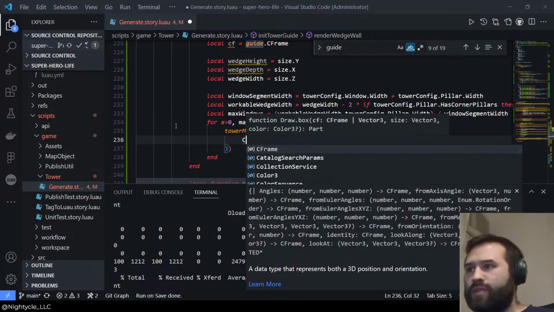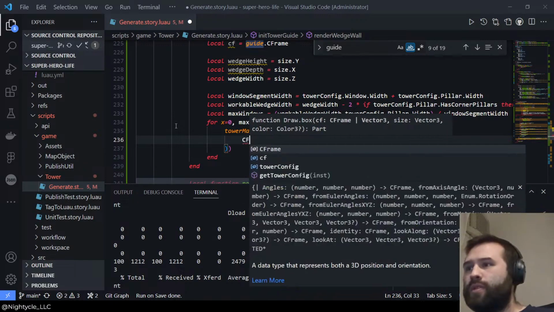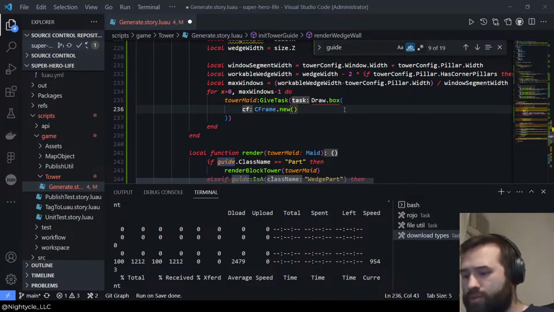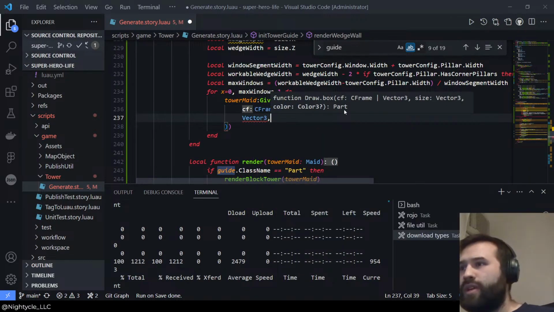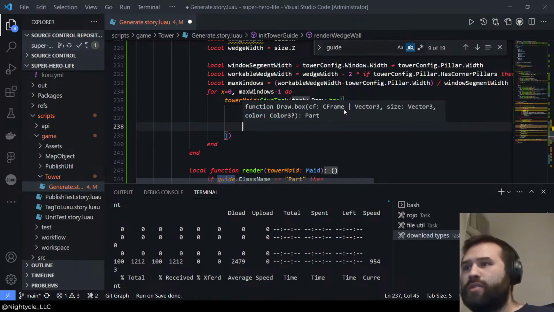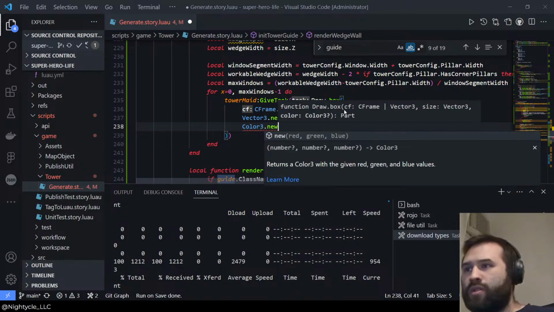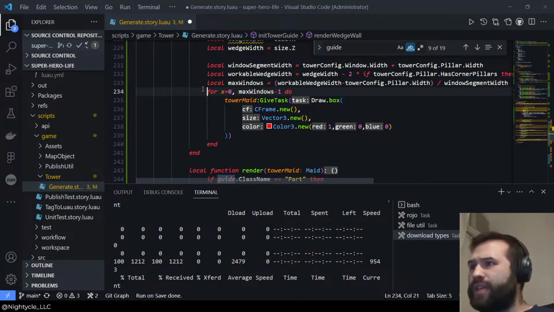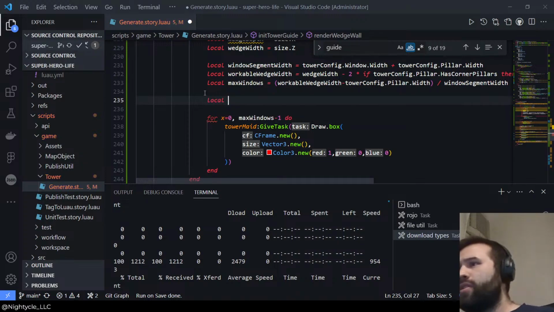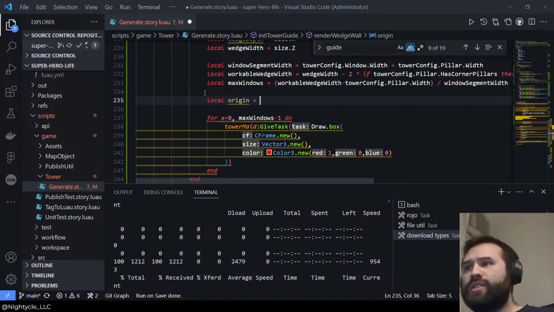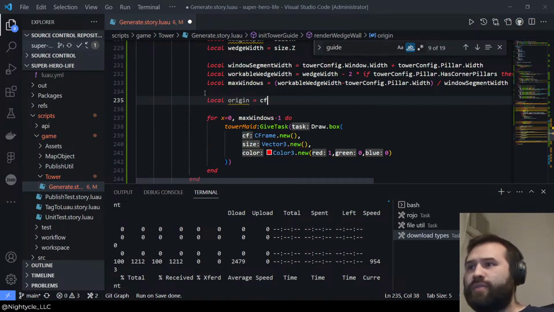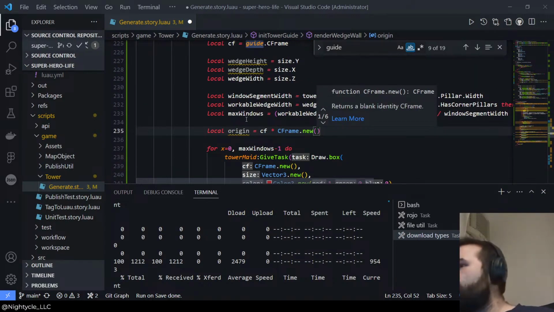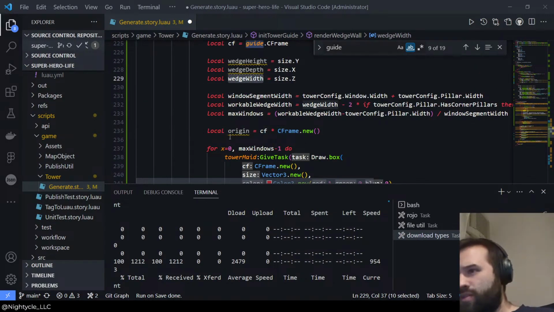Okay, so cframe dot new, vector 3 dot new. Okay, so we want to have the origin point. So local origin is equal to the CF times cframe.new